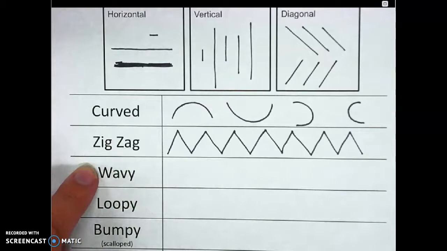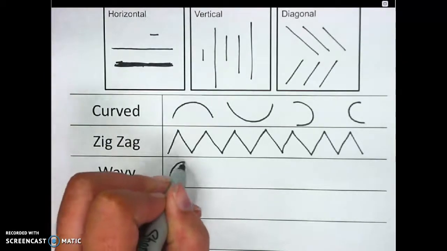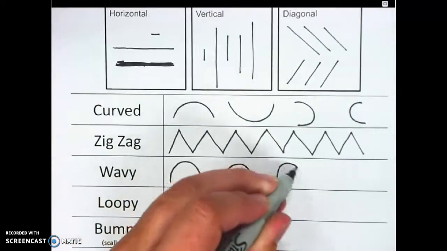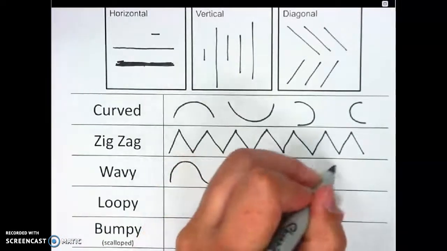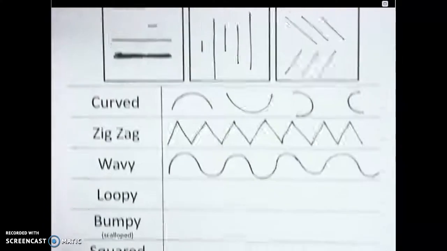Next is a wavy line. This reminds me a little bit of a zigzag, but without the points on it. Go up and down and up and down like a roller coaster. Speaking of roller coaster,